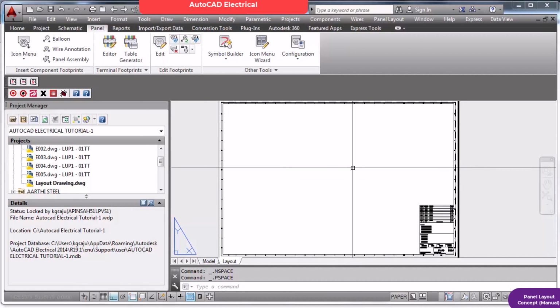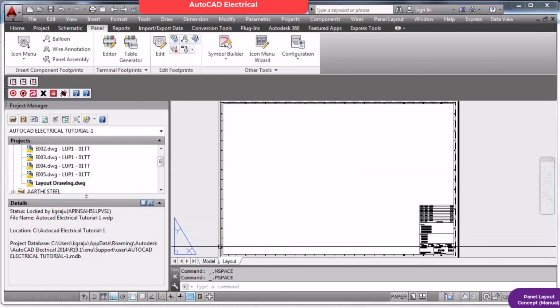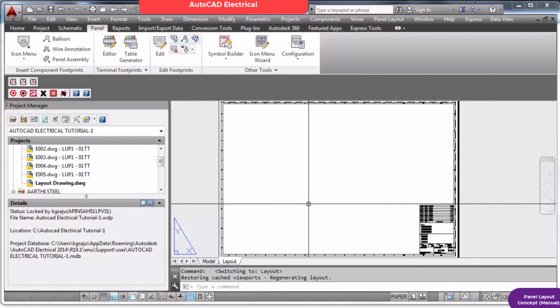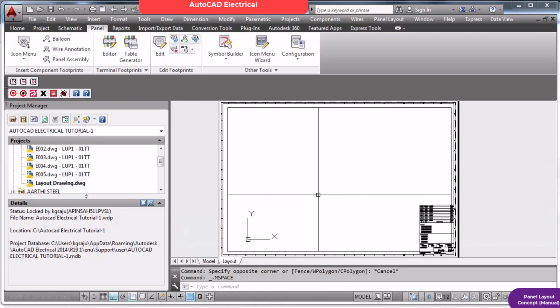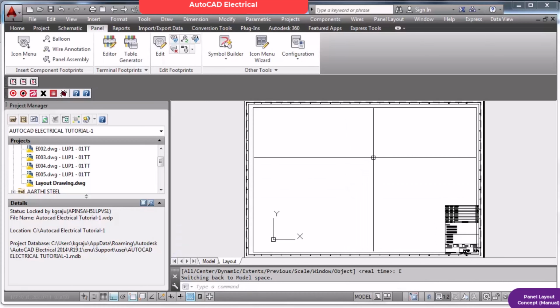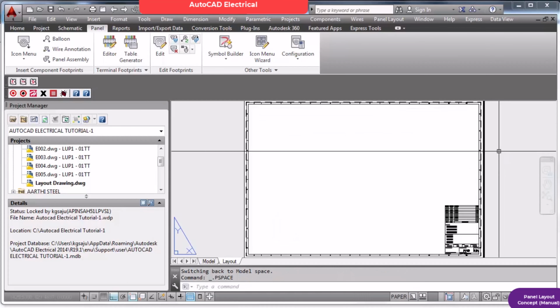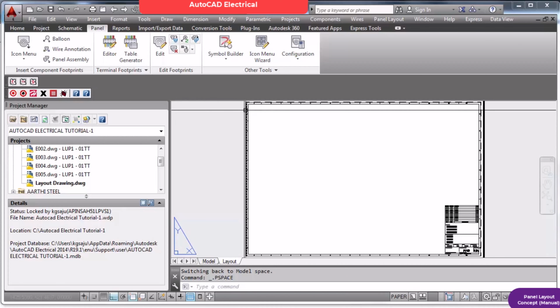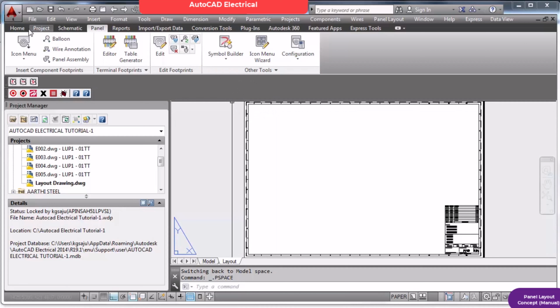Now actually I am playing in the model space only. When I double click and go inside this, I am playing in model space. Now coming out, I double click here. Now you see the difference. Now I am in layout space or paper space. This is basically to take the printouts. Whatever modifications you make, you make in model space only. Layout space is just to take the printouts. Double click, go here. Now I cannot see anything. If I double click or zoom extend,